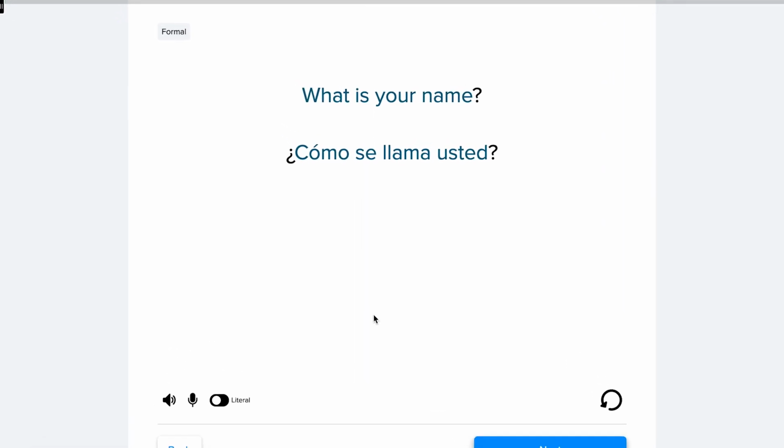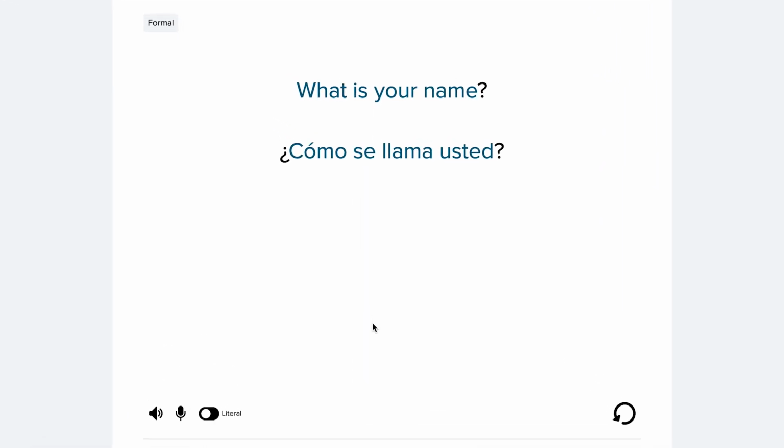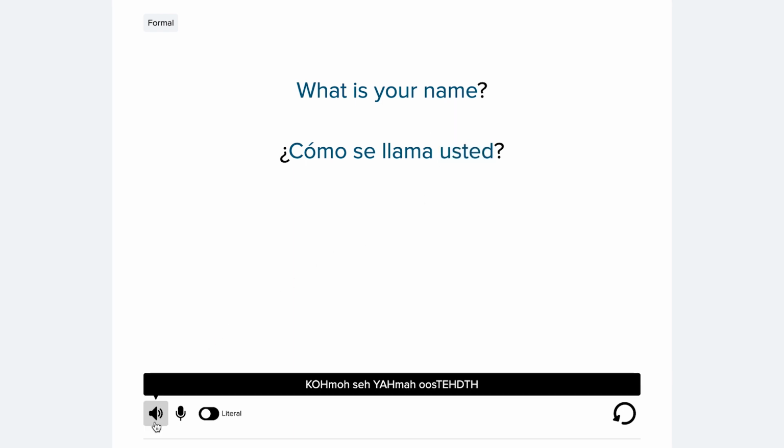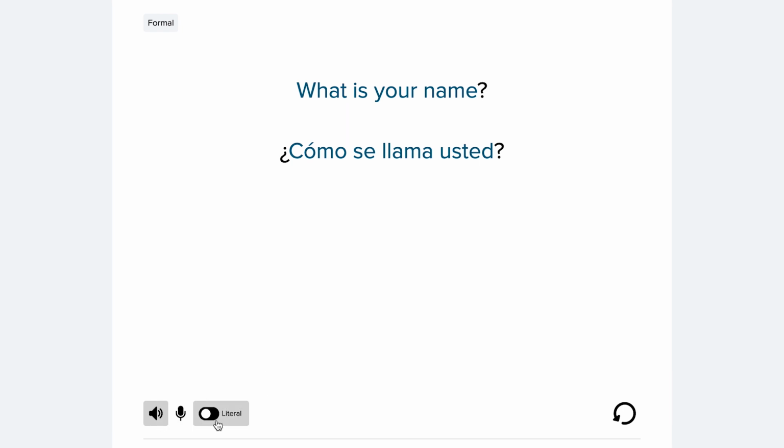We start with a single sentence, and every slide in Mango is full of interactive features. You can hover over the words in the language to see a phonetic pop-up, and click to hear the word pronounced at a slower, more articulated pace. Or click on the speaker icon to hear the entire sentence at a conversational pace. You'll see another neat function, our literal and understood meanings. While right now this sentence is what's understood, clicking here allows you to see how the sentence is literally translated.